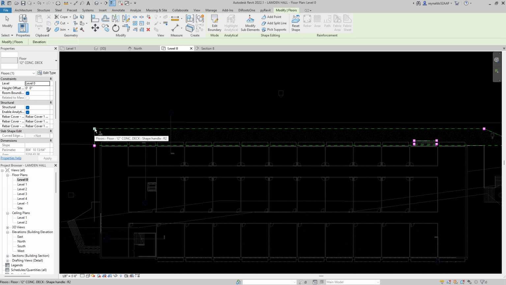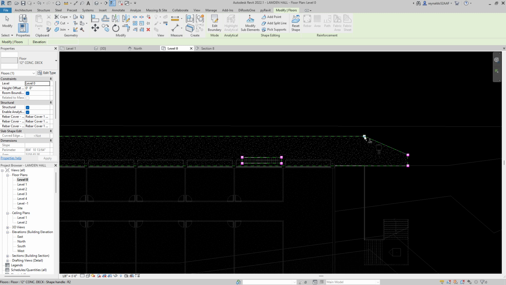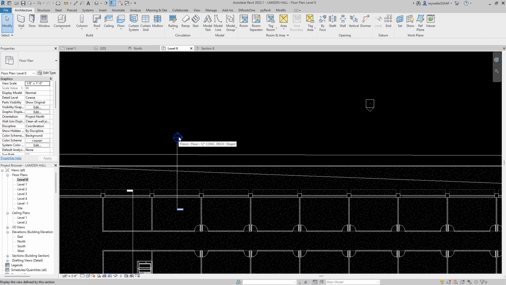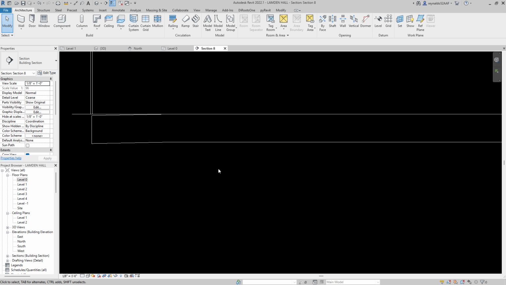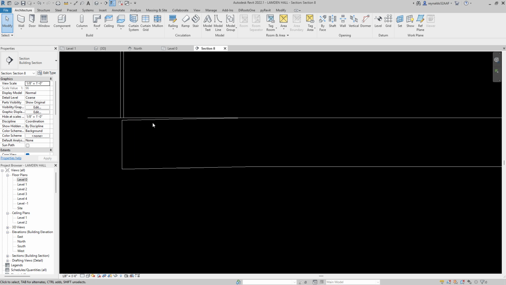I'm going to pick on this point there. I'm going to make that -3 inches. And I'm going to do the same here, -3 inches for this one. And then click enter, and once I do that, hit escape. Go back to my section, and as you can see, the only thing that really sloped here was this portion,